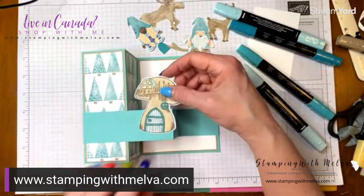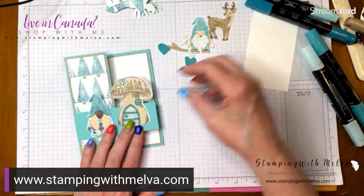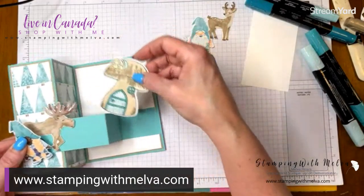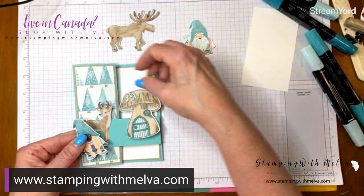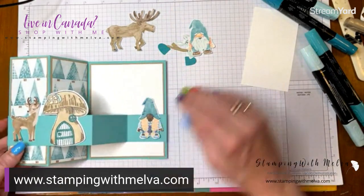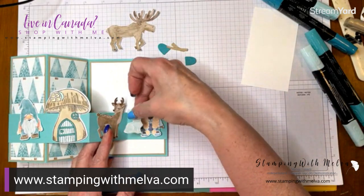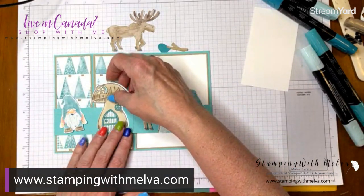And so now it's just a matter of figuring out where you want to put your images. So for example, now I may have too many images cut. So the question is, am I going to use all of them? If I don't, my moose might have to go on the front here. Might not. Maybe I'll use the deer instead. So this is the thing, you kind of have to figure out where you want to put some of your images. And maybe the deer will go here with the little bunny. Maybe the deer and the bunny will go inside on that. And we will put this, and where's my,